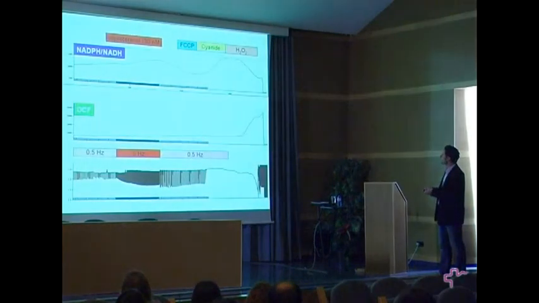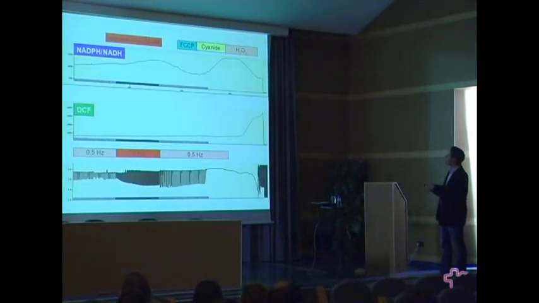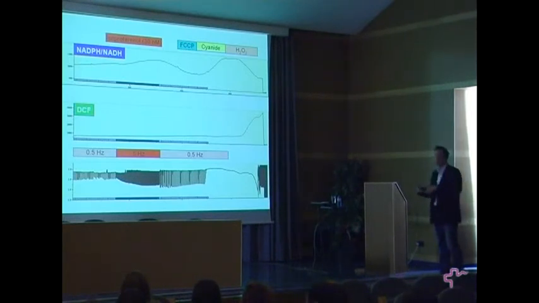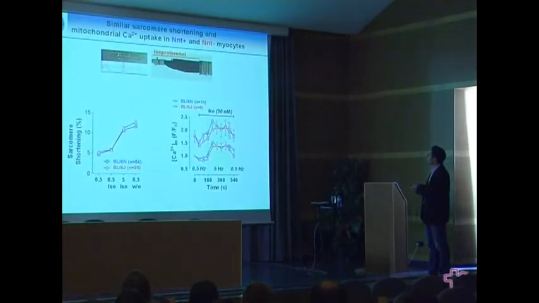And this is the protocol, and I've shown you this before. This is again this protocol, maybe I show it here once more. So it's in this case a 0.5 and 5 Hertz stimulation protocol in the presence of isoproterenol in order to induce a rather physiological increase in workload, because you have an increase in rate and amplitude of cytosolic calcium transients. And then we can calibrate the system with FCCP, cyanide, and H2O2 afterwards. In this example, we combined NADH with DCF. And when you do this in these